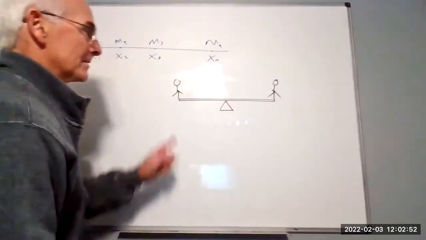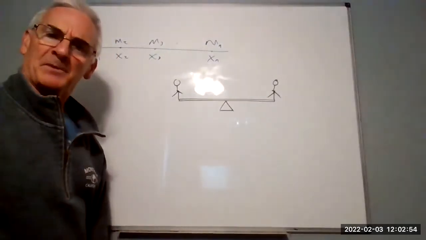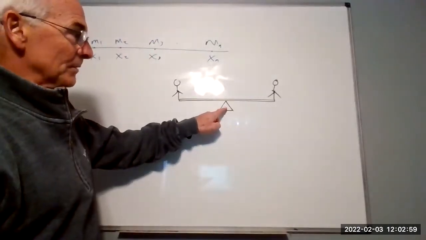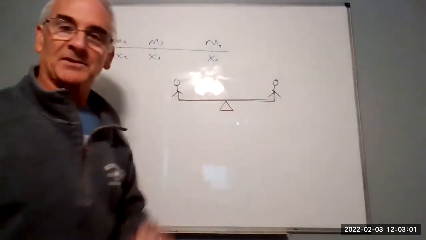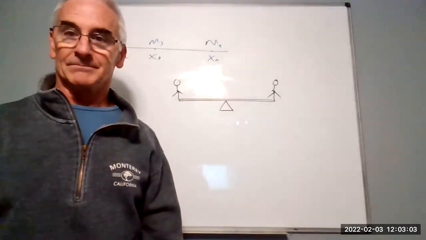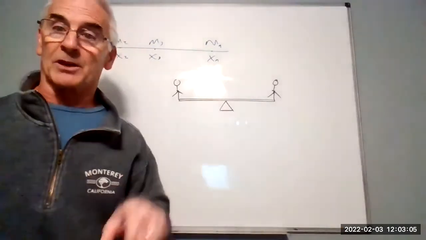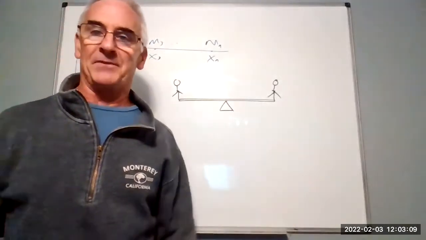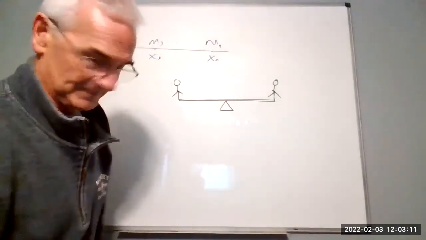Okay. Teeter-totter. Everybody familiar with the teeter-totter? Now, this is placed directly in the center, and let's say these two human beings have equal mass. They would have equal weight, but we're going to talk about their mass. Well, then this thing will balance perfectly. Okay, we understand that. So what if